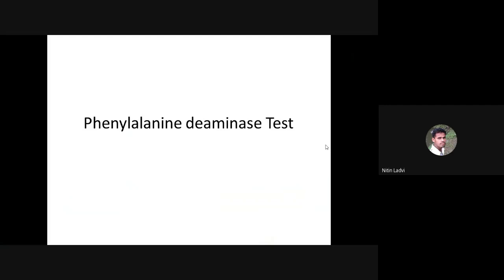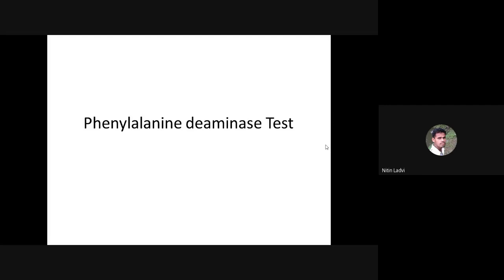Okay, so as we have already discussed last week, whenever you are dealing with the identification of a pathogen for different types of infections, you are supposed to also perform a set of biochemical tests which help us to characterize the given isolate, and then finally it can lead to the identification of that particular isolate, which can be used for the overall treatment as far as the clinical condition is concerned.